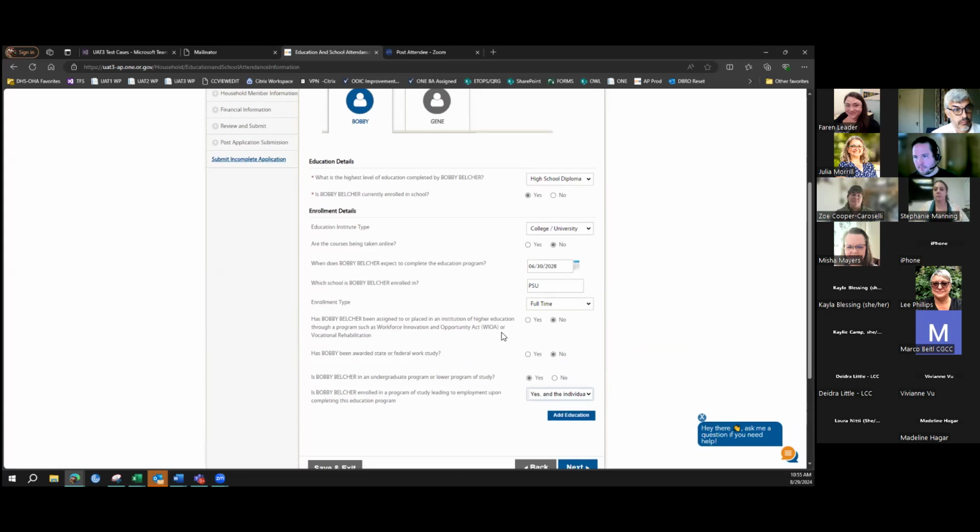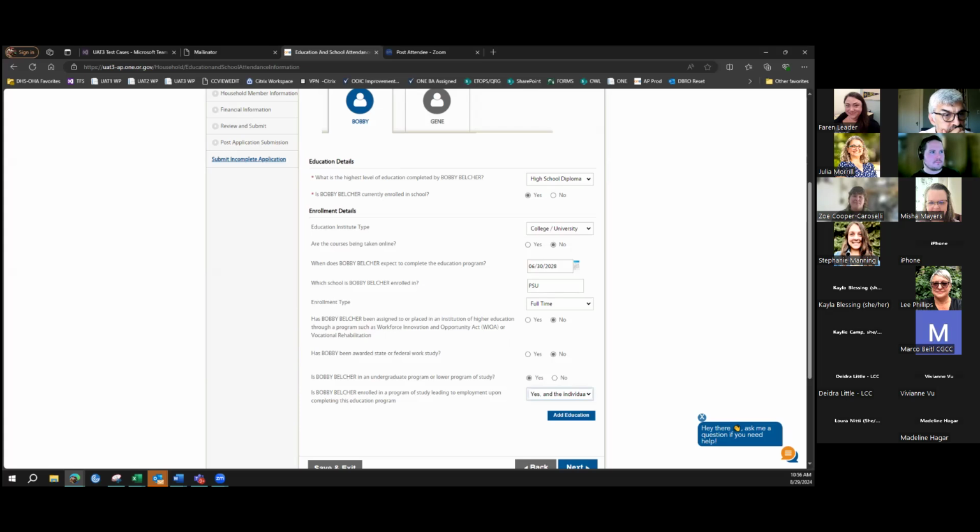So any questions on this page in particular? I feel like I'm making an assumption here, but I feel like this is something that may come up frequently for college navigators. Yeah, it comes up basically every single time I help a student apply for SNAP, particularly the enrollment type question.